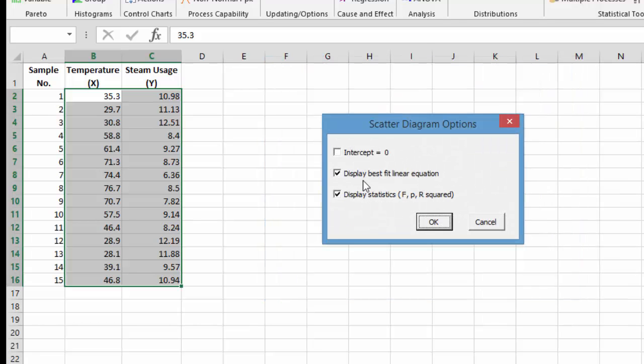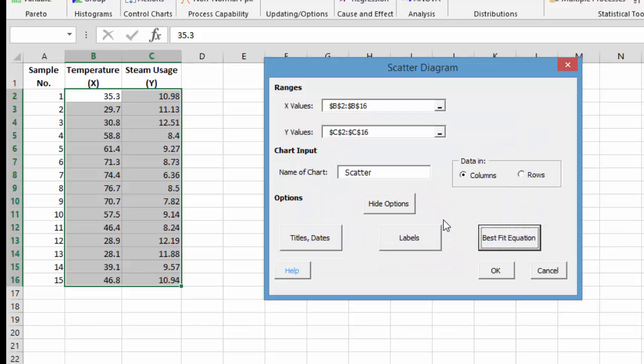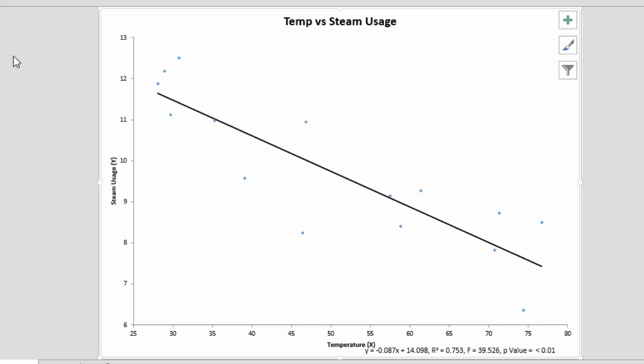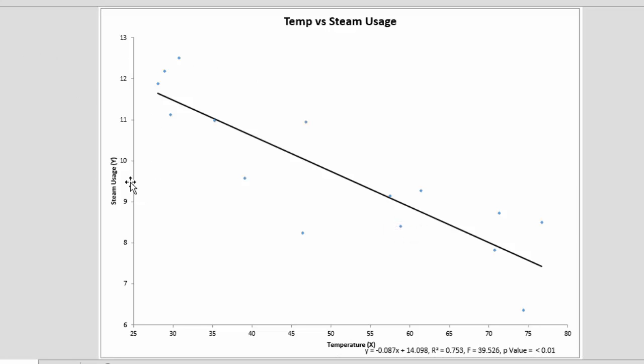And the best fit equation options are the intercept can be 0. We're going to leave it off. Display the best linear fit equation plus display statistics, F, P value, and R squared. We'll leave those at the default. We'll come back and look at the labels in just a second. Select OK. And we have our scatter diagram that shows our paired values of data with the steam usage on the Y,